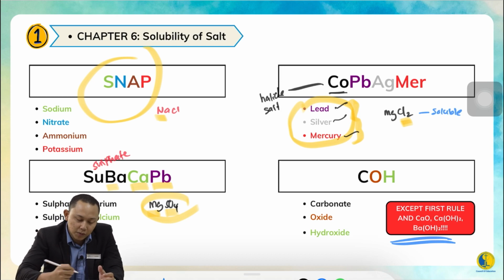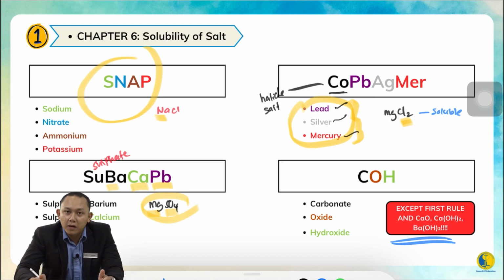What is your first rule? This one, your SNAP. So if your carbonate contains one of the elements from SNAP, for example ammonium, so if you have ammonium carbonate, ammonium is coming from the first rule and the carbonate is your fourth rule. As I mentioned, COH is insoluble salt, correct or not? But then you have ammonium, so this one is a soluble salt. Another example: